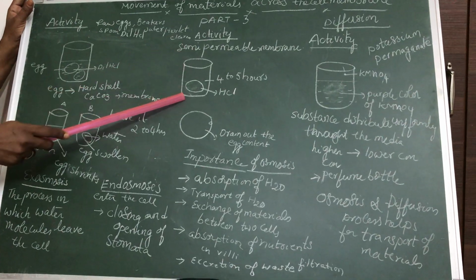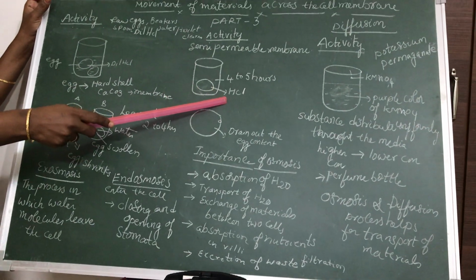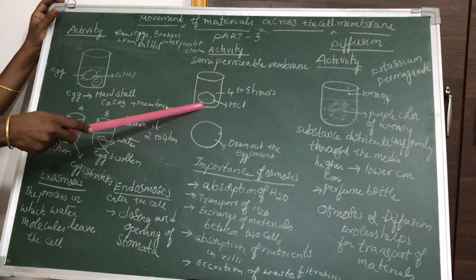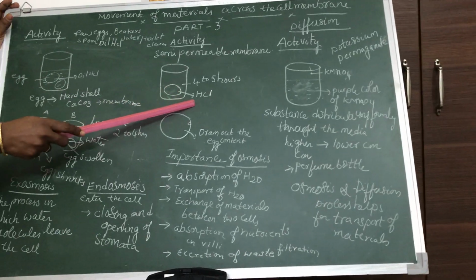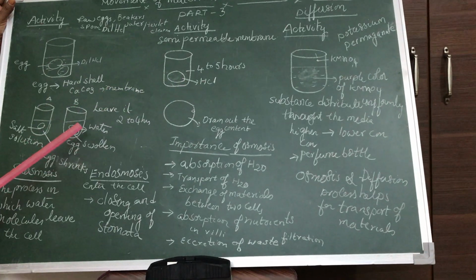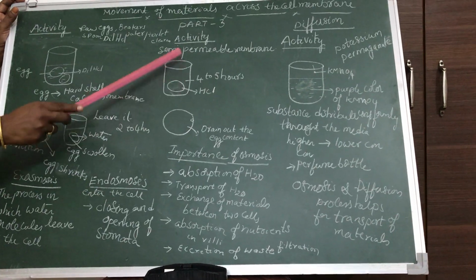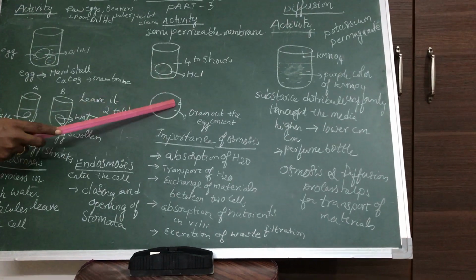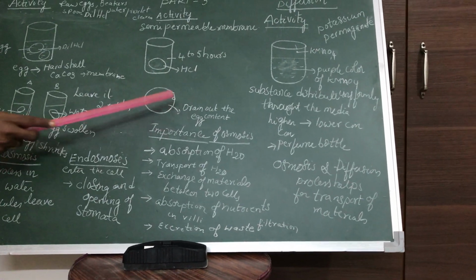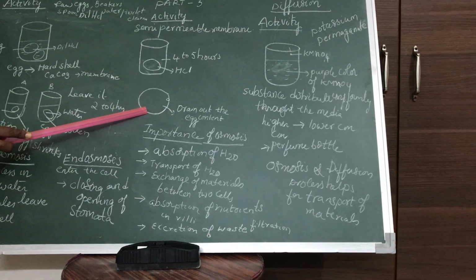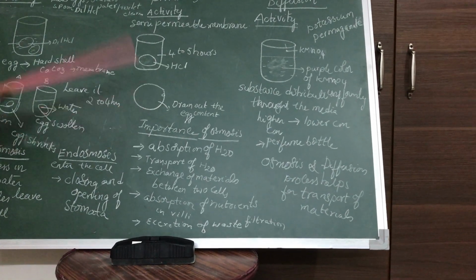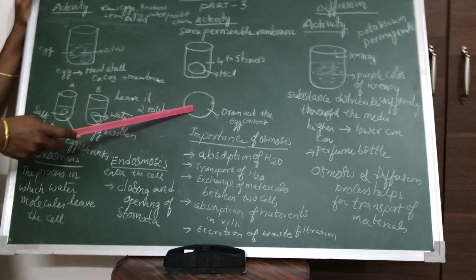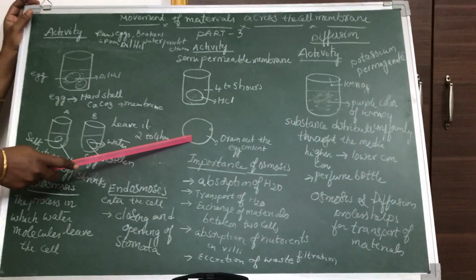Once again, take a beaker, fill it with hydrochloric acid, drop the egg into the beaker and wait for 4 to 5 years. After that, the shell gets dissolved into the hydrochloric acid. Eggshell is made up of calcium carbonate. Slowly it dissolves, and you take it out. Clean it under tap water, pierce a hole into it, drain out the egg content, and your semi-permeable egg membrane is ready. With the help of this membrane, you can conduct activities based on osmosis. All these activities, when the school reopens, children, we can do directly in our lab.